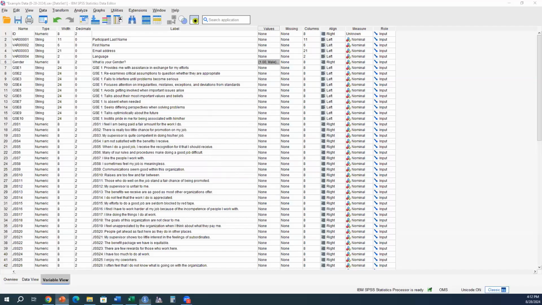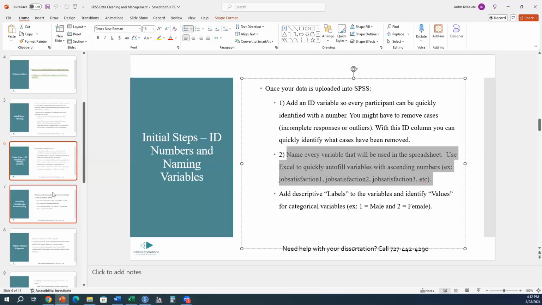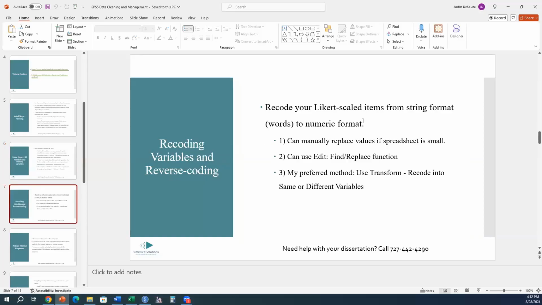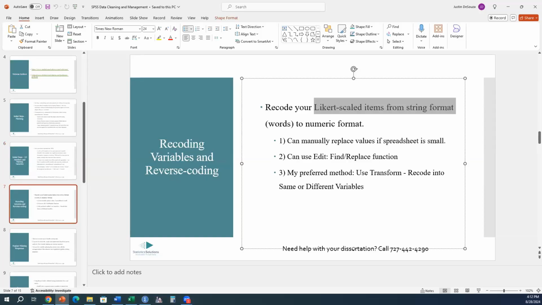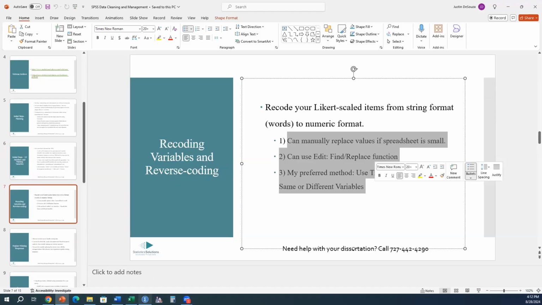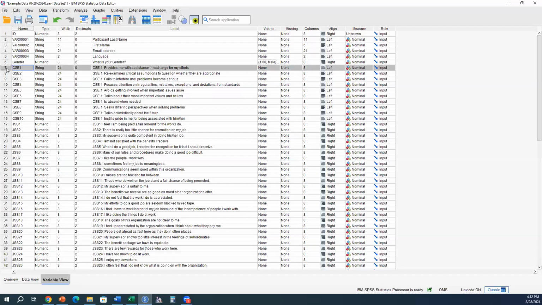Okay. So the first 3 steps are done here. The next step is recoding Likert scale items from string format into numeric format. So there's many ways to do this. And to illustrate what we need to do here,